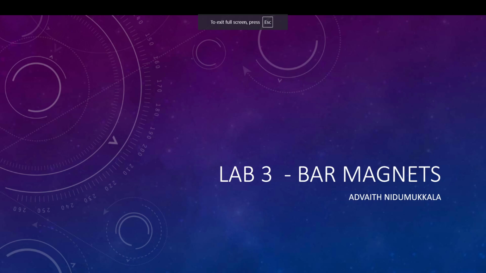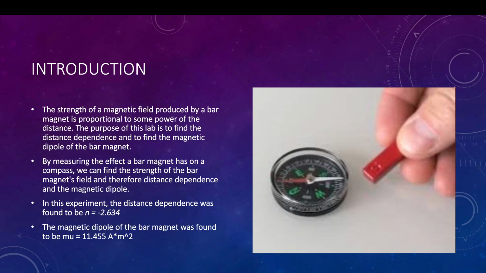Lab 3, Bar Magnets by Advaith Nirumukala. The strength of a magnetic field produced by a bar magnet is proportional to some power of the distance. The purpose of this lab is to find the distance dependence and to find the magnetic dipole of the bar